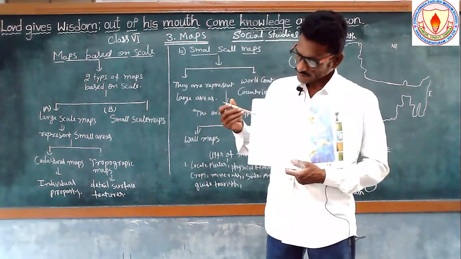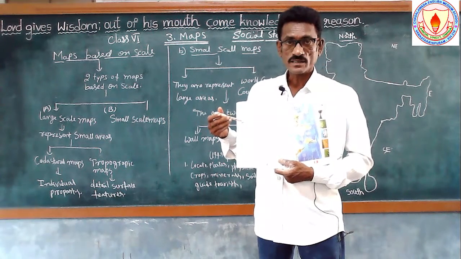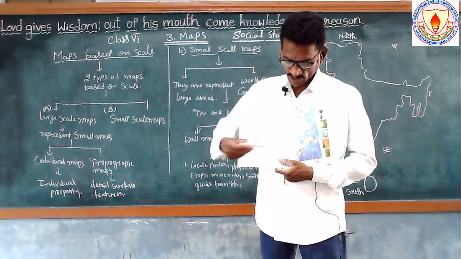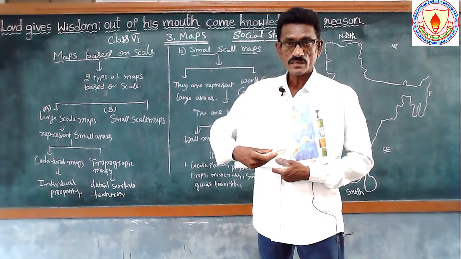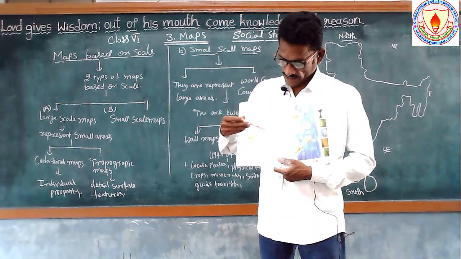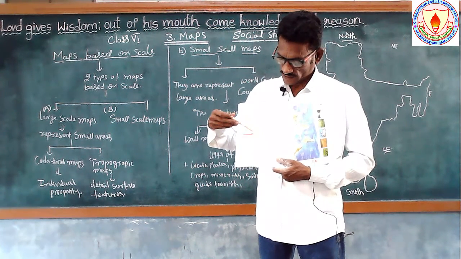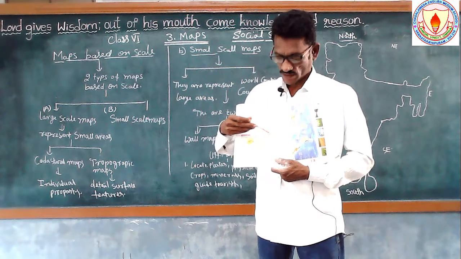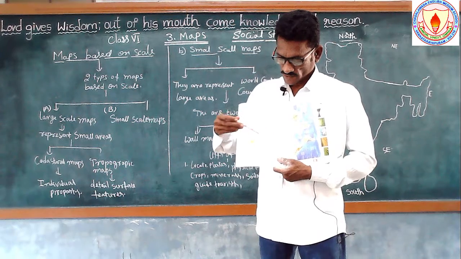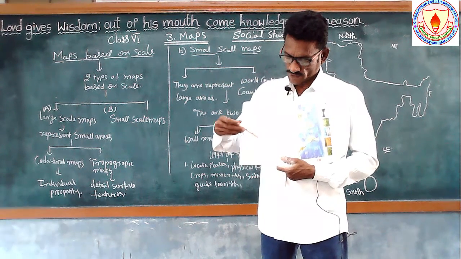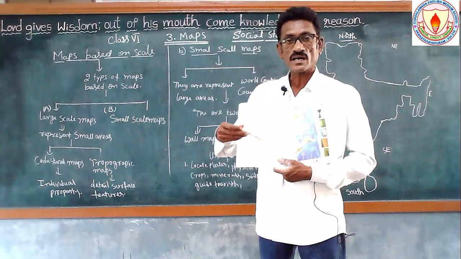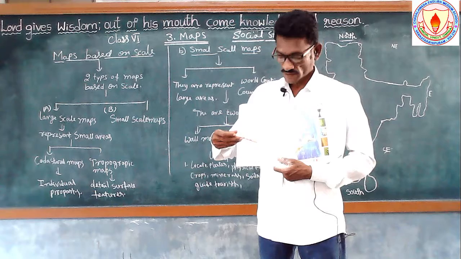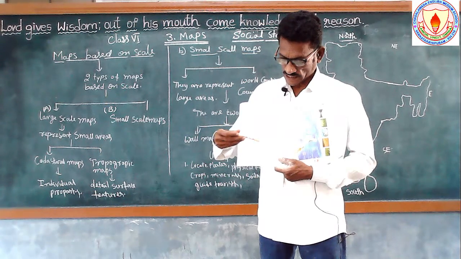See here, this is the Pacific Ocean. We are able to see the Pacific Ocean here, and on this side also is the Pacific Ocean. Here, in the north of the world map, the Arctic Ocean is located. And the Atlantic Ocean is between America and Africa or Europe. This is the Atlantic Ocean. So Pacific Ocean, Atlantic Ocean.